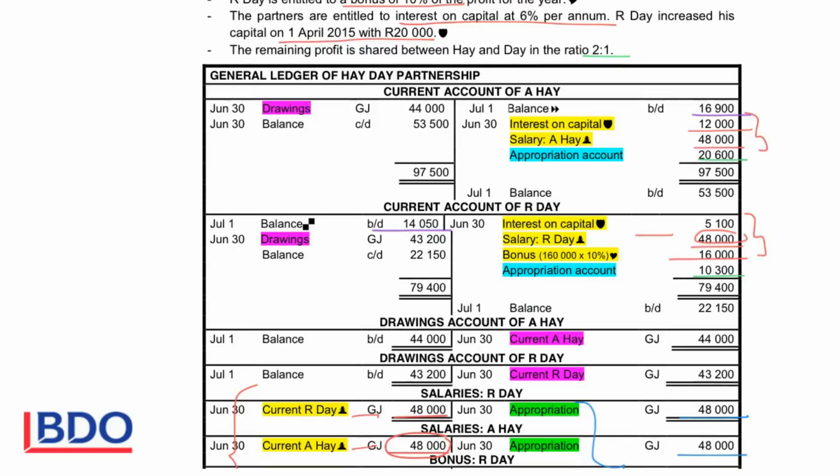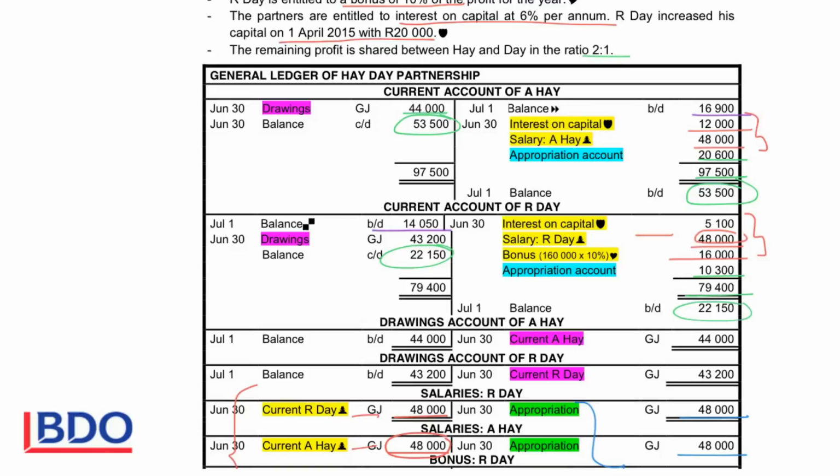Now we've completed all the entries. So I add the amounts on the total side of the current account of Hay, and I deduct the drawings to see what is my closing balance. And I bring down that closing balance on the credit side. I do the same with the current account of Day. I add the figures on the credit side, get a total of 79,400, deduct the figures on the debit side, and determine what is the new balance that will be carried over